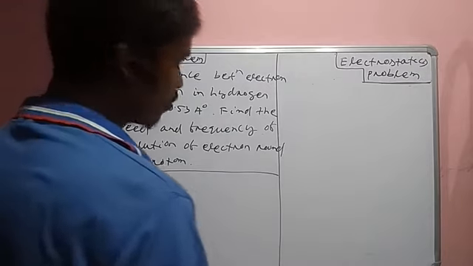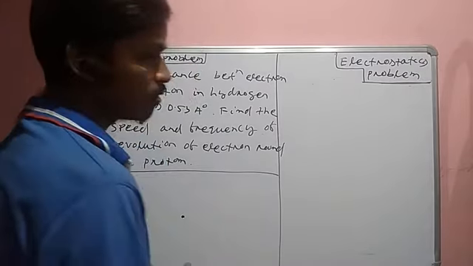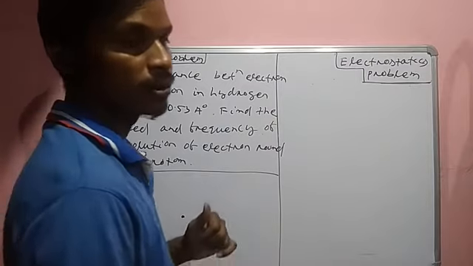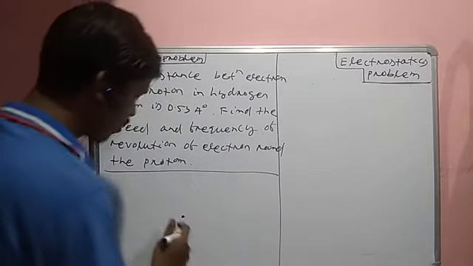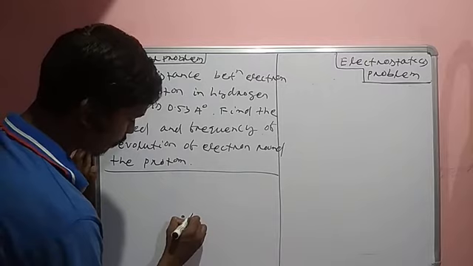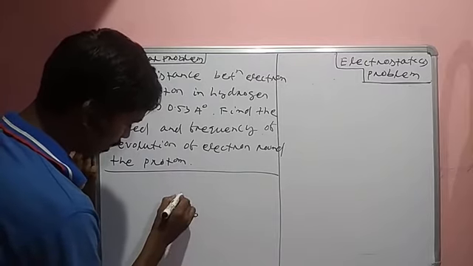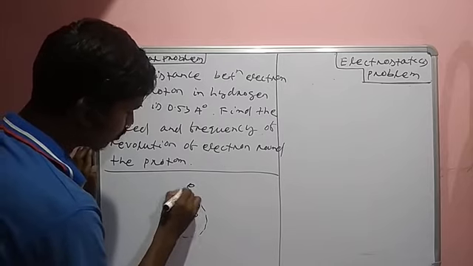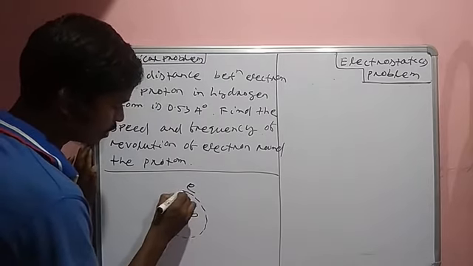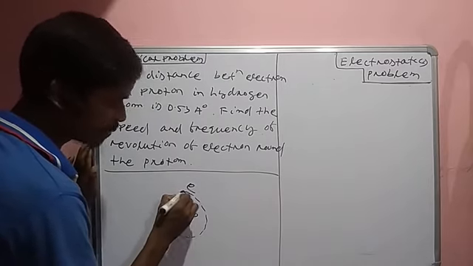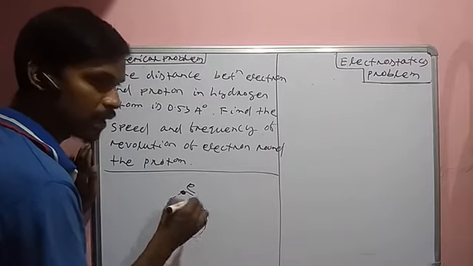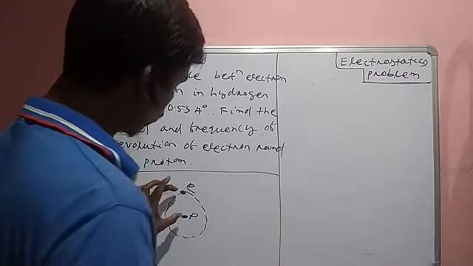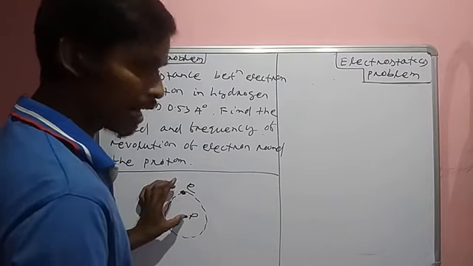We have already known that an atom consists of the proton present in the nucleus, that means the center. It has the proton. Around the proton, electrons are moving. That means this is the point, this is the electron charge, this is negative charge, this is the proton, which is placed on the nucleus. So here electron and proton are available.